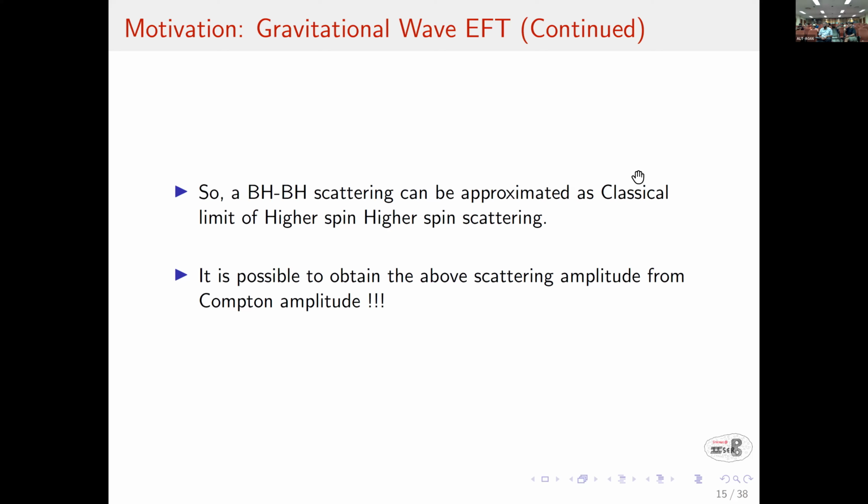In this picture, first you take the scattering amplitude, first you compute it. Then you take this classical limit. And then there is some well-defined prescription. I have not put it in the slide, how to take the Compton amplitude and map it to a classical observable. That people have derived. But once you have this, it is straightforward and then you get this.